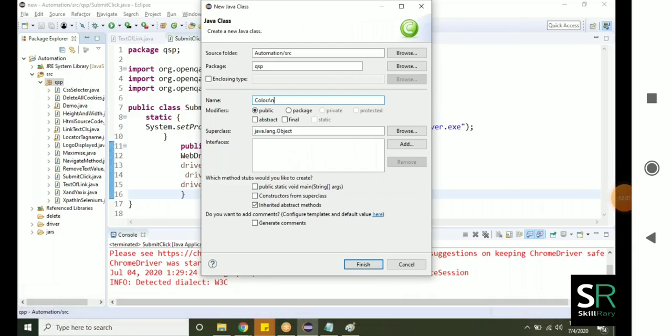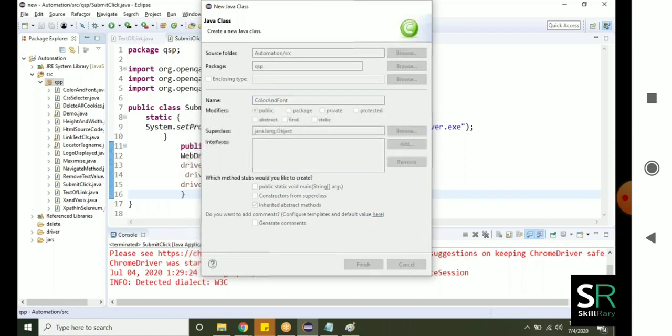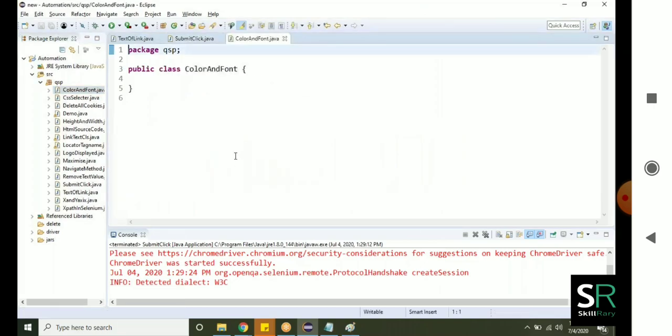Color and font. Okay, let me create a class as color and font, along with one main method, or let me copy the static block from the previous class.